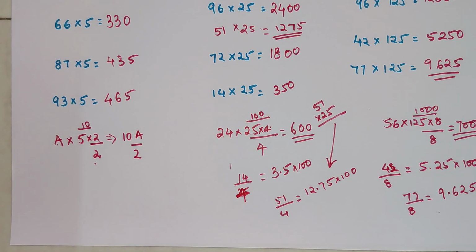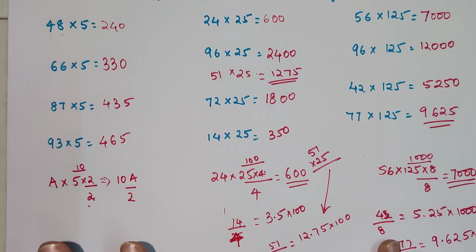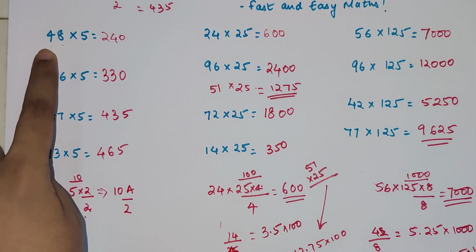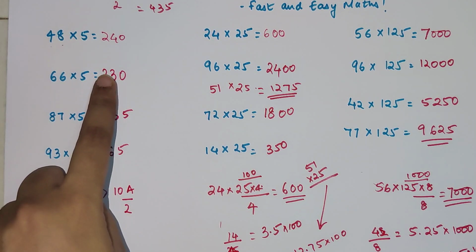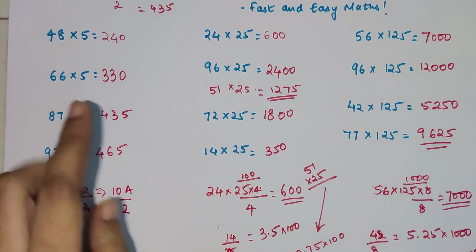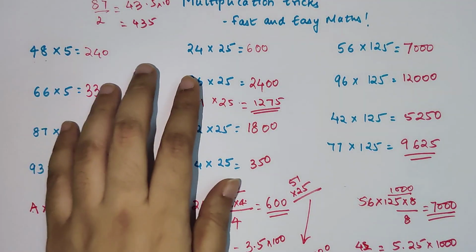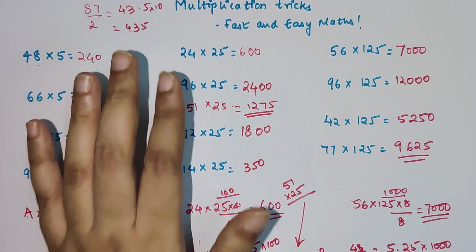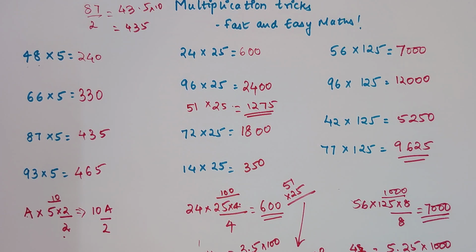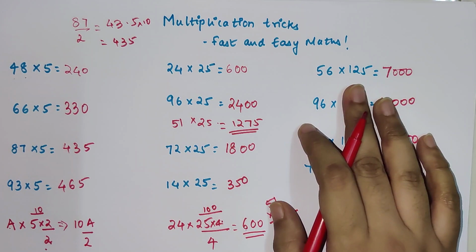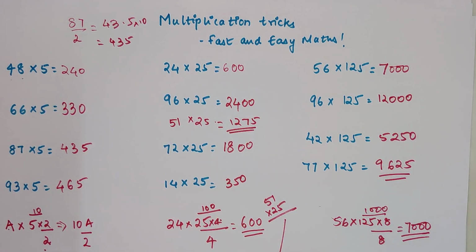Yes. So now all you have to do is just remember, whenever you're multiplying any number by 5, you simply divide that number by 2 and add a 0 to it, in case it is an even number. If it is an odd number, then just simply divide and don't put a decimal point. Similarly when you have a number getting multiplied by 25, you will divide that number by 4. And in case you have a number which is getting multiplied by 125, then you will divide that number by 8. And whatever answer you get, you will multiply by 1000.